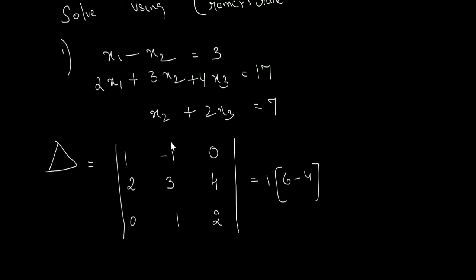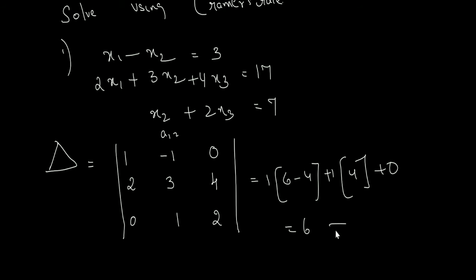And for this element, because the position is A, 1, 2, odd place, you have to put a minus sign. Then you have to multiply, so this will become plus 1. Minus of minus 1, this place has a minus sign. So plus 1, cut this row and cut this column. So 2 into 2, 4. Plus 0, you can just leave that. So 6 minus 4, 2 plus 4, 6.